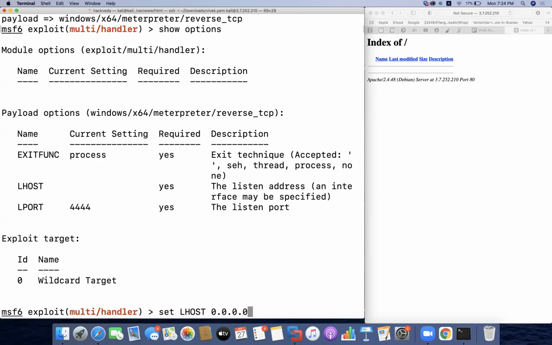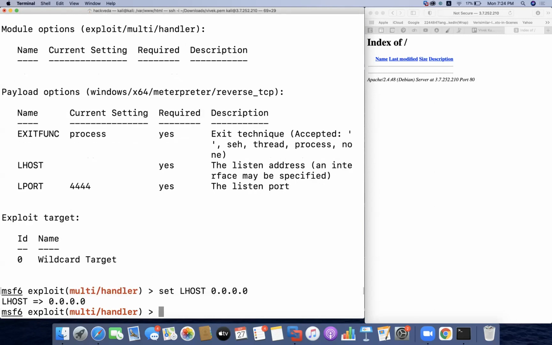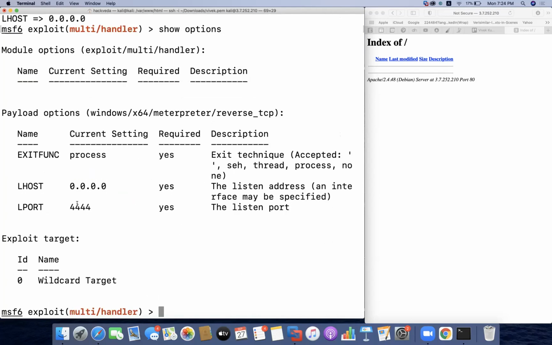The remote computer will be able to connect to your machine and you will be able to access the shell. Now you can see that the LHOST IP address is set as 0.0.0.0 and the LPORT is 4444. The port is set to 4444 by default.